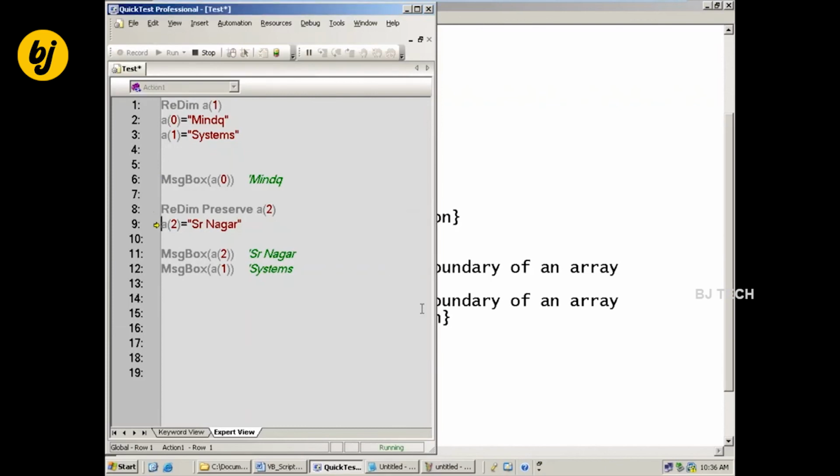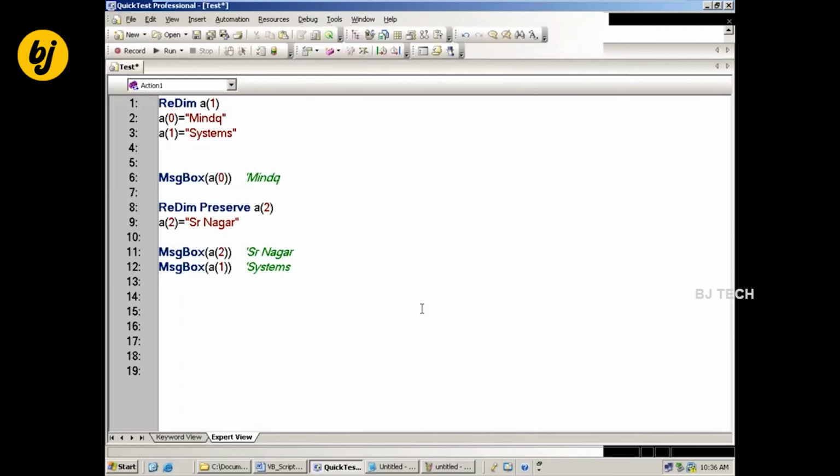MindQ, SR Nagar, Systems, like this. This is one of the things they are going to ask: how do you maintain the existing values in a variable while redefining an array size? Means you have to say Preserve is the keyword we have to use for that.